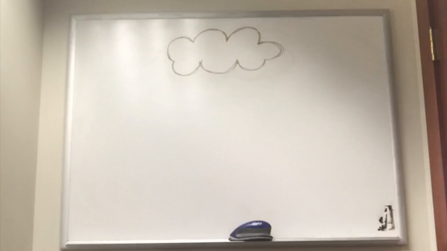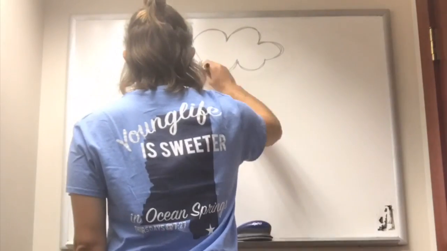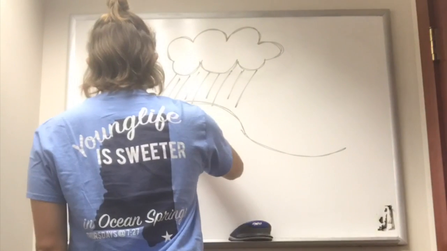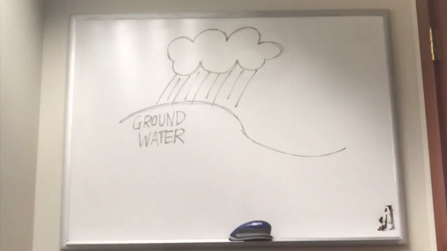In the atmosphere, water vapor can form drops, which become clouds when suspended in the air. When these drops fall to the ground, they become known as precipitation. Once precipitation reaches the surface, the water can coat rocks and soils, causing them to erode. The water can also sink into the ground, traveling through cracks in rocks and soils, where it becomes known as groundwater.